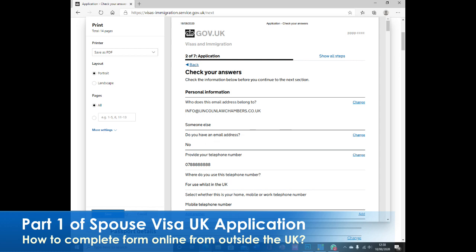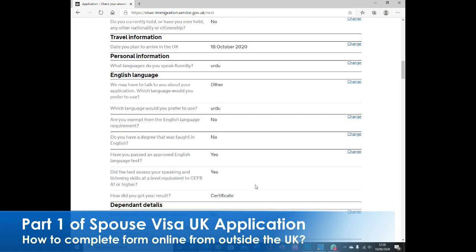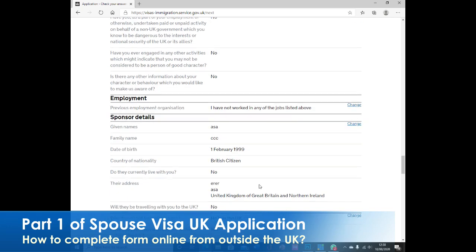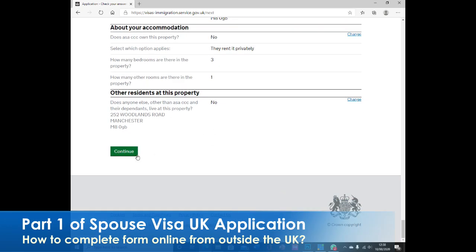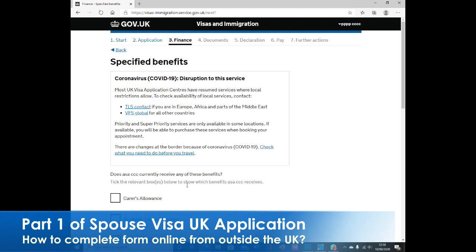Okay, so once you've saved this application, then you go to the bottom of the page, and here you continue. So here you go. Second part, now they are asking about specified benefits. Make sure you note there are a couple of types of income. As I said at the beginning of this video, there are multiple sources of income. Some people are self-employed, some people are in employment, some people are with a different employer, and some people actually